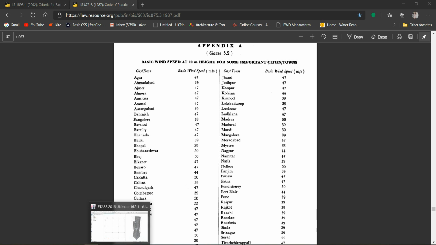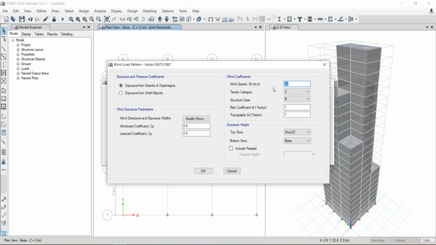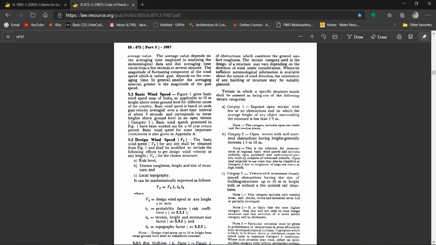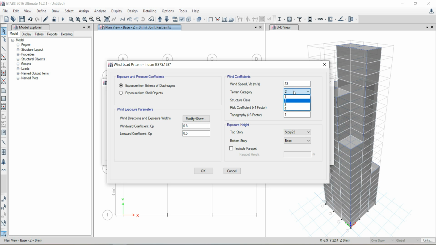So we'll change the wind speed to 33. From the clause 5.3.2.1, we'll select the terrain category as category 3, that is the terrain within numerous closely spaced obstructions having the size of building structures up to 10 meter. We'll make it as 3.